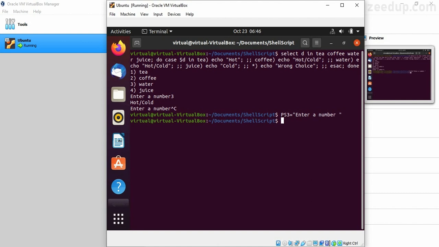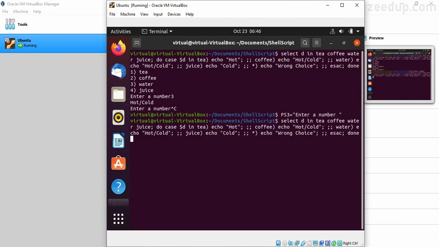Then you can press enter. And since we are working with the terminal directly, we need to again use the select statement. Then you can see it's working like this. So that's all for the select loop